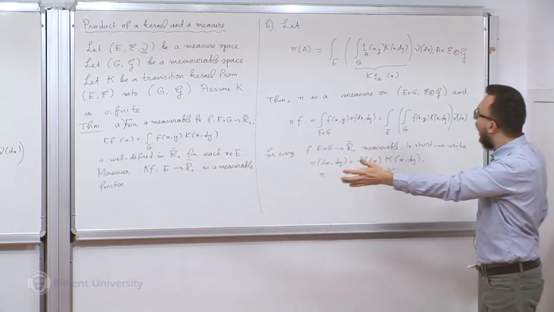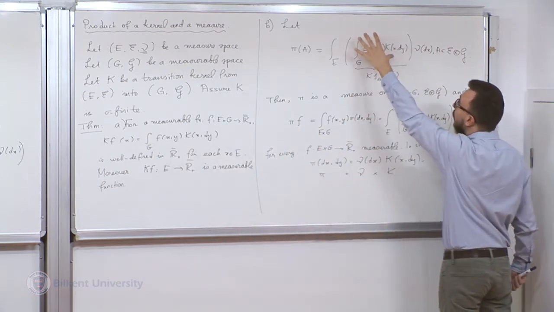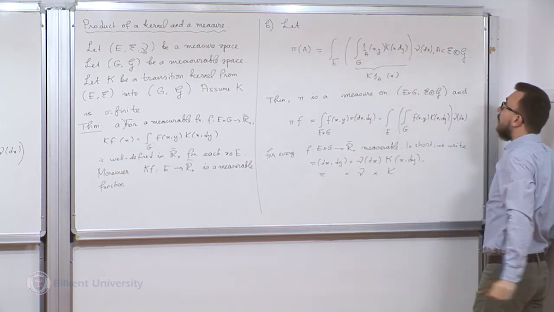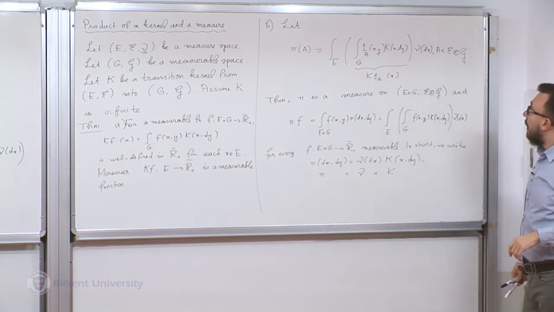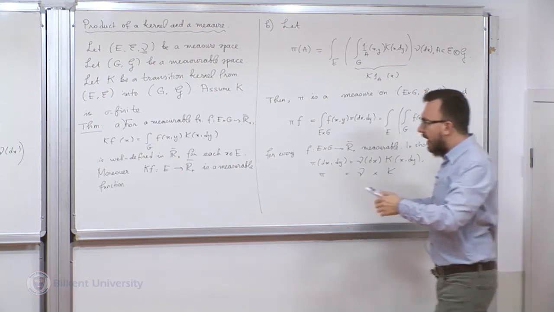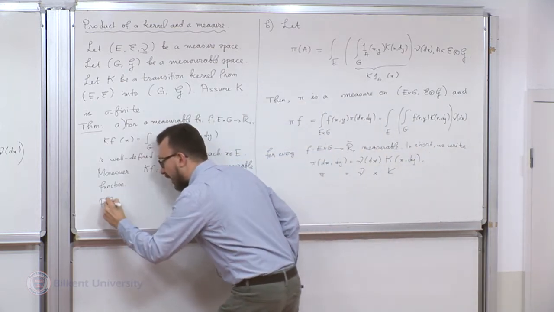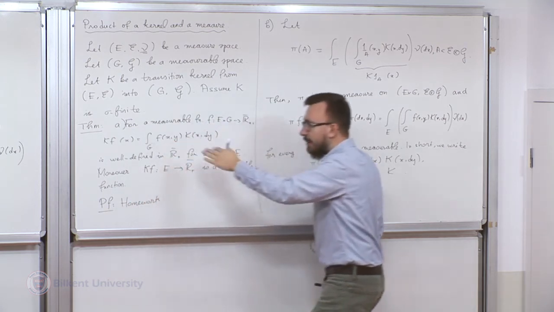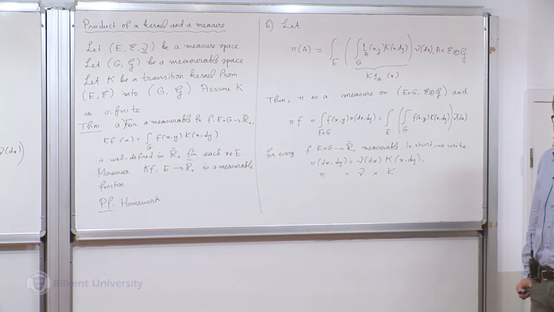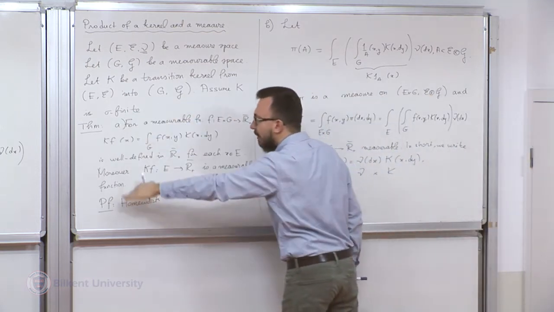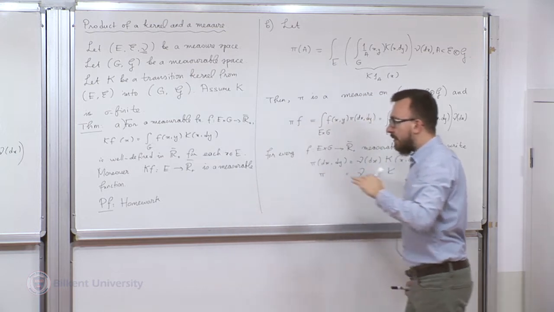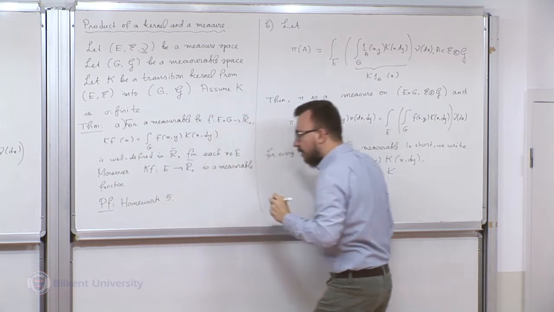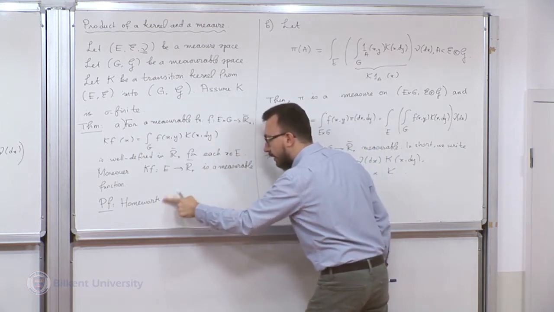We only have part A for technical reasons, okay? To have a function that is measurable so that we can use it as an integrand with respect to the first measure. Therefore, I'm going to leave it as a homework problem. There are some details and some guidance, okay? You first need to assume K is a finite kernel, and then you have some proof. There are parts A, B, C, D, etc. So this is a homework 5 or homework 6 question.